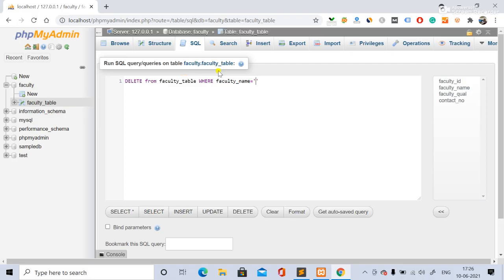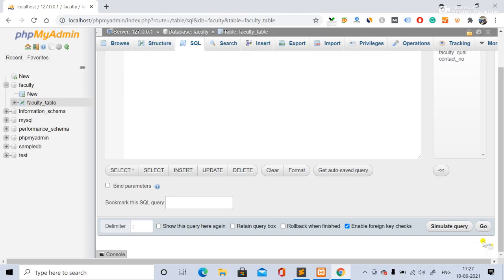If it is a character, in quotes; if it is a number, then you can directly mention the number. So take care of these things, right? So faculty name is, you can say, Tech Niyojan. So now we'll run this query.